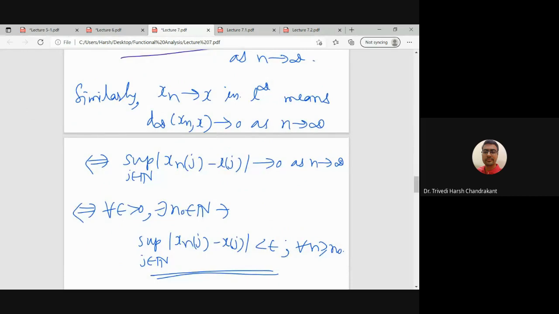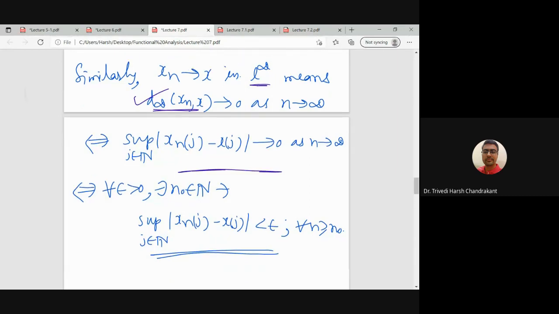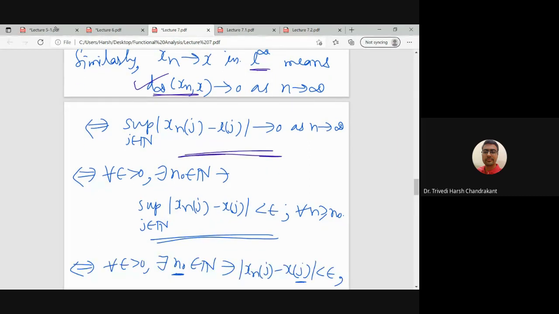And the last one is the d infinity metric. If x_n converges to x in L infinity, then d infinity(x_n, x) converges to 0, which means we get this condition. And this condition is nothing but